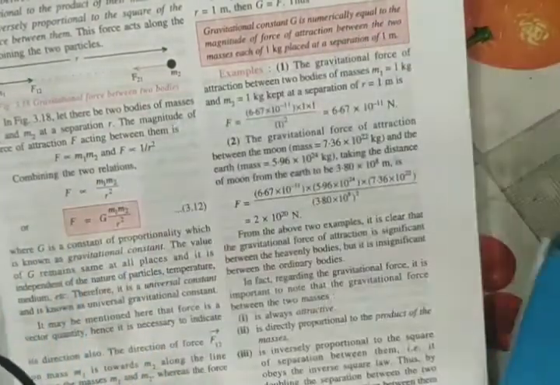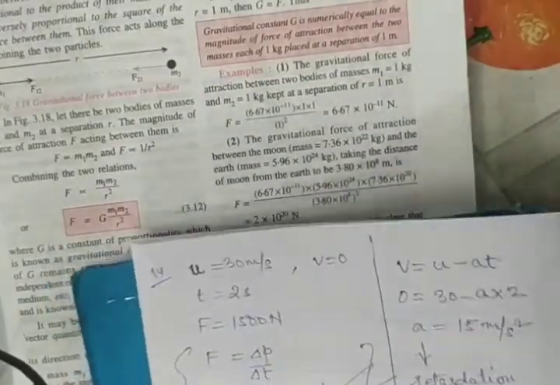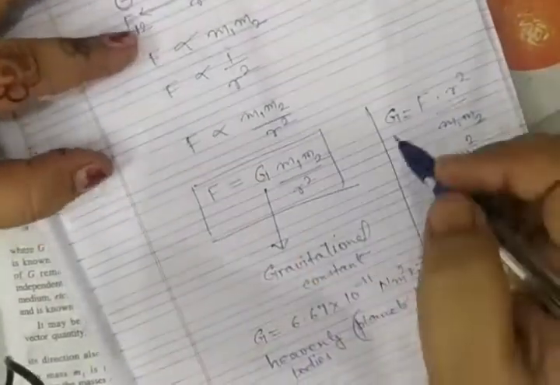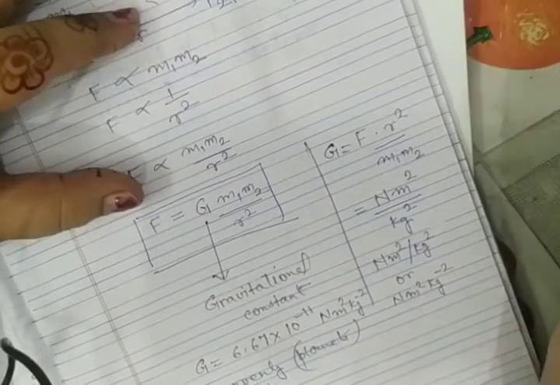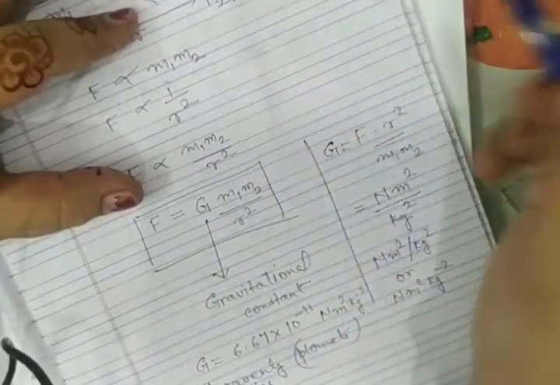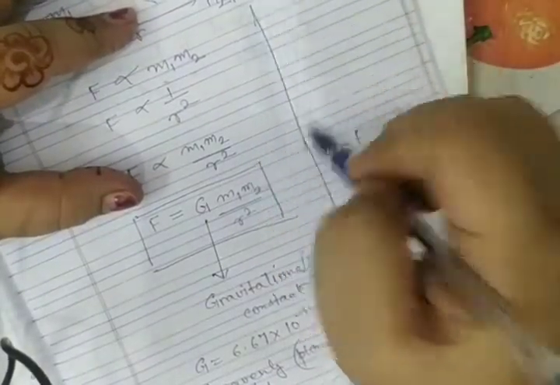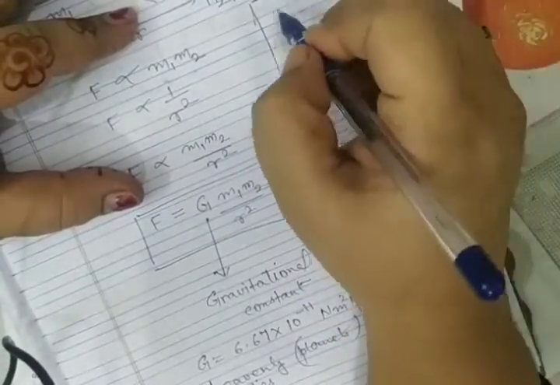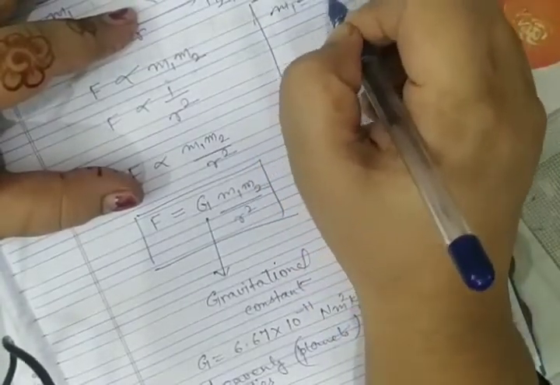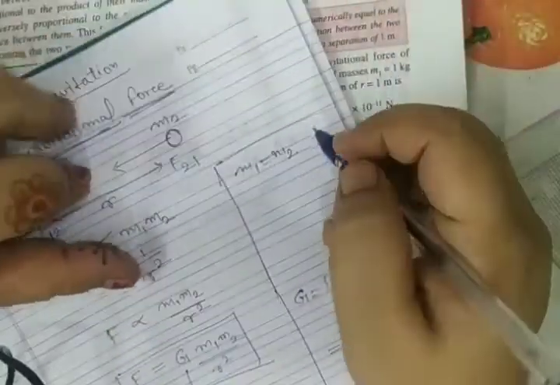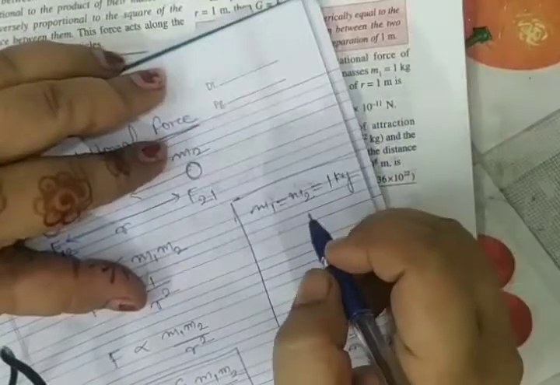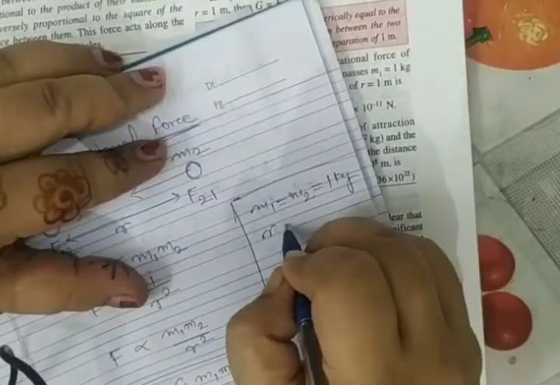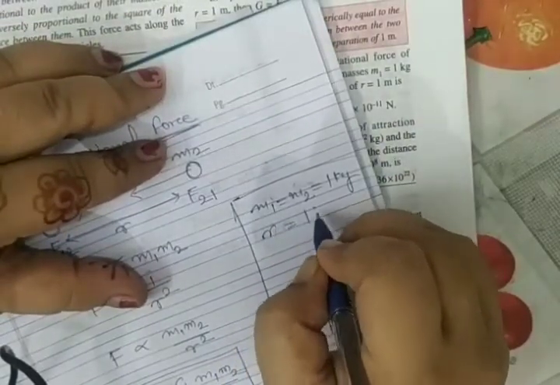Fine. Now one more thing, in order to define the gravitational constant, what I can do, see, if I take the masses, I'm explaining it here. Let me take masses m1 and m2 equal to each other and let them be 1 kg, and let r be equal to 1 meter.